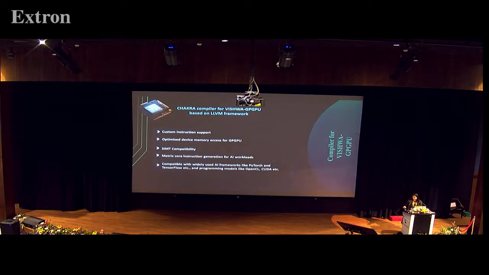Coming to the compiler-specific backend development that we are doing currently for the GPU, there were talks yesterday about the key things that differentiate a CPU and a GPU. Memory access is one significant thing, right? So we are doing optimizations for memory access. Also, since we have taken the base RISC-V ISA, which is essentially scalar instructions, we have to add our own custom instruction support for SIMT operations. So for threading and for generating the sequence of instructions which would work in a SIMT fashion, we are changing the LLVM backend.